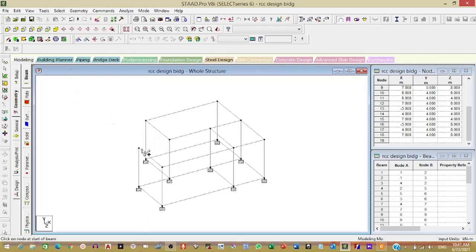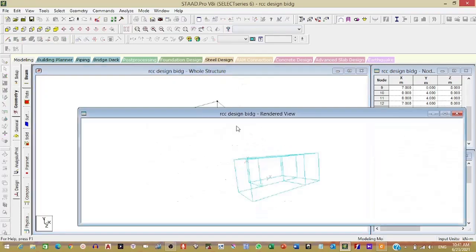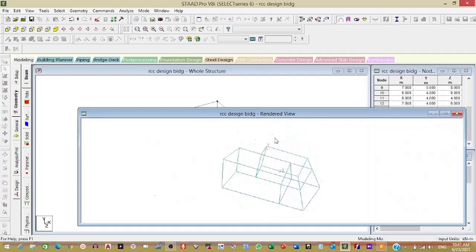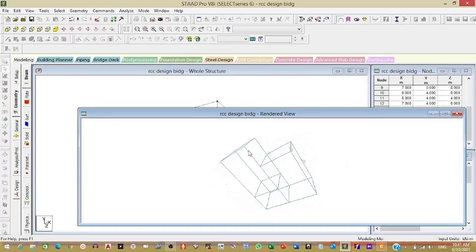You have drawn this. Now you see it from every corner.